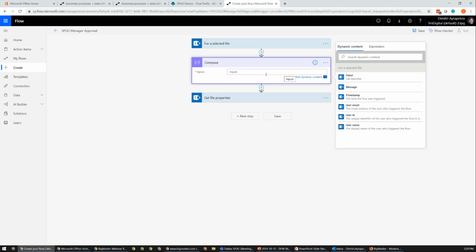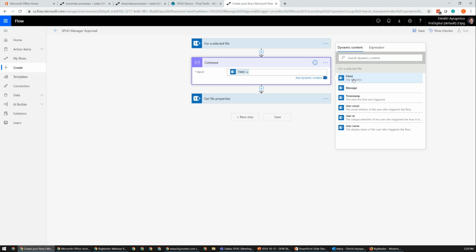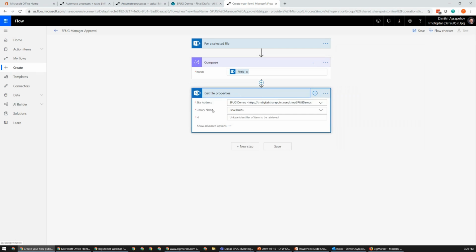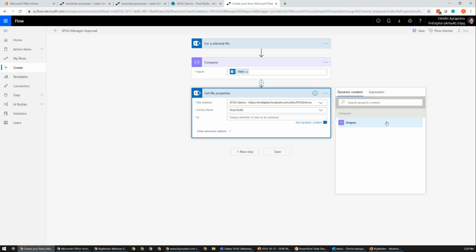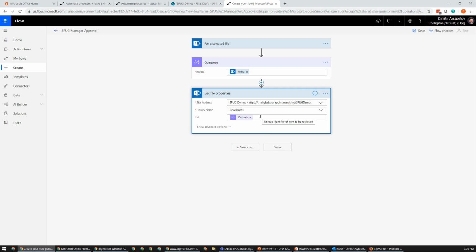So we'll come in here, and as you can see, because there's no data type filter within this field, it shows us all of the information that was retrieved by the previous step. The one that we're most interested in at this point is the file ID. So we'll pick that. And now that I come back down to the Get File Properties, I can get the outputs. Now I'm able to come back and change the names of these fields and make them look nice and clean. But for the purposes of today's demos, we want to focus on the core functionality. So within here, we have our compose file ID. We have the file properties.